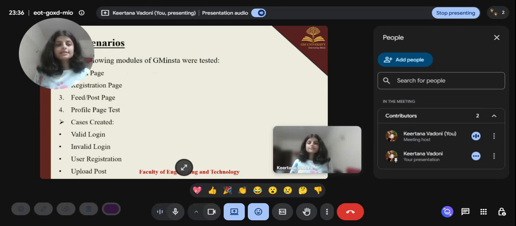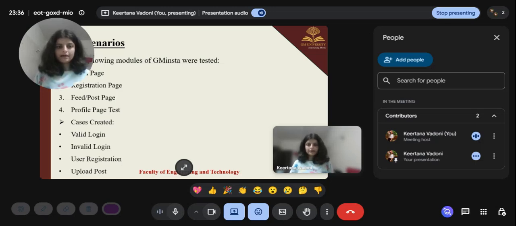For the test scenarios, the following modules of the GM Insta app were tested: the login page, the registration page, uploading a post or videos, and the profile page, to check whether we are able to edit the profile.